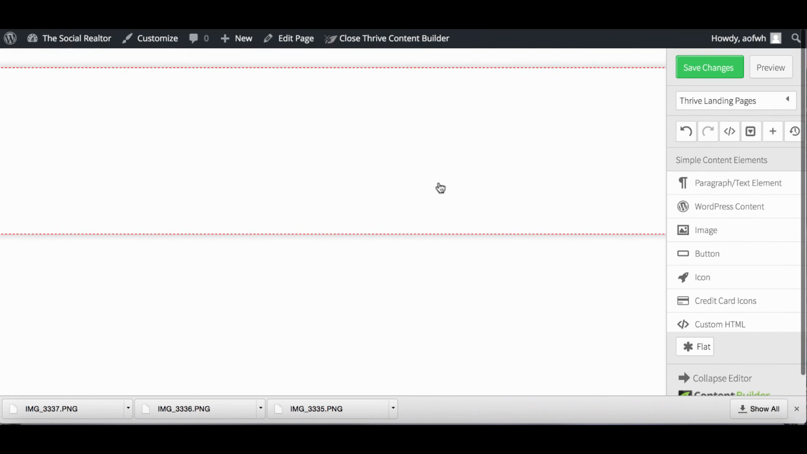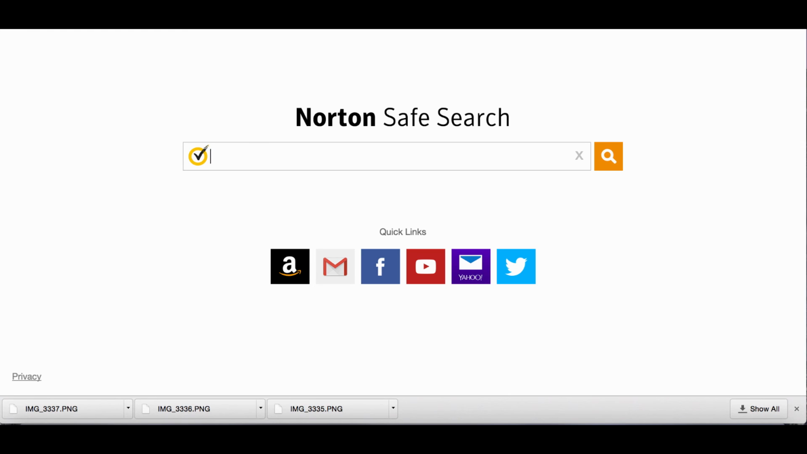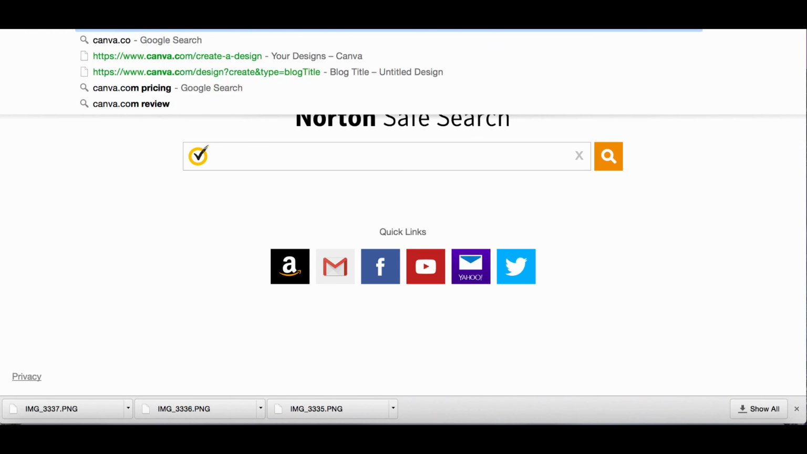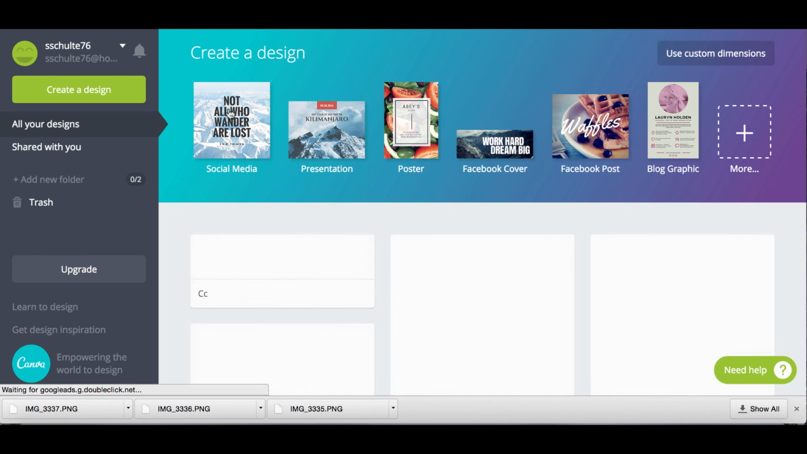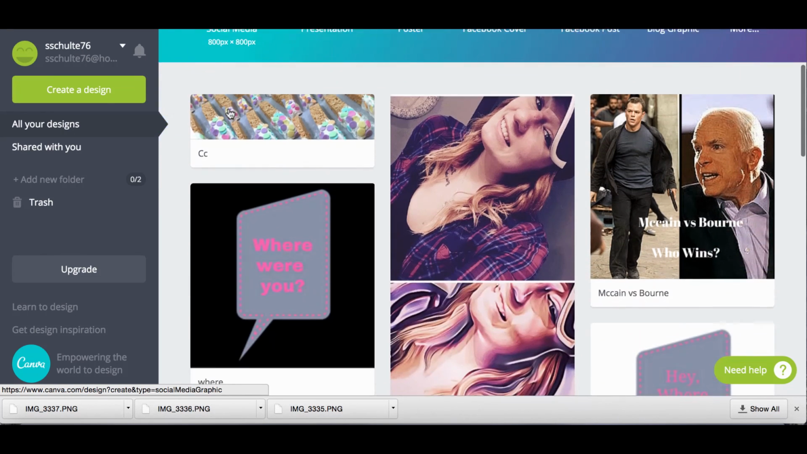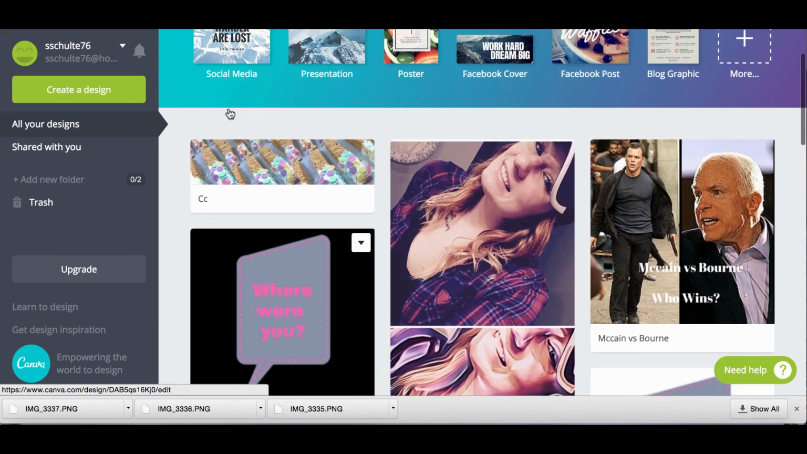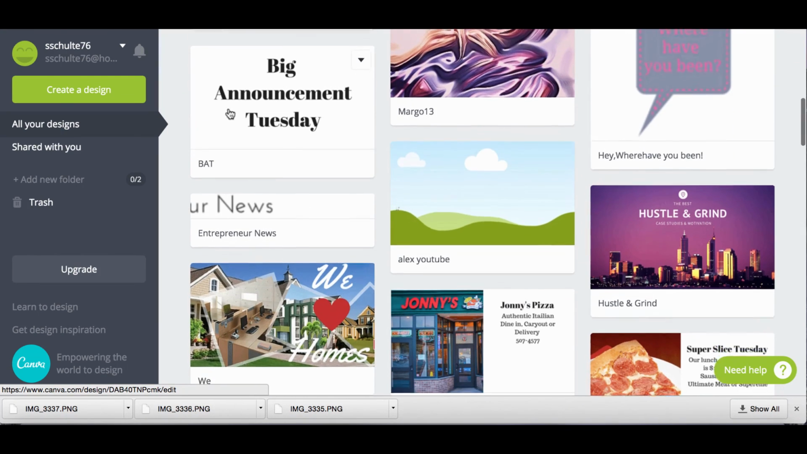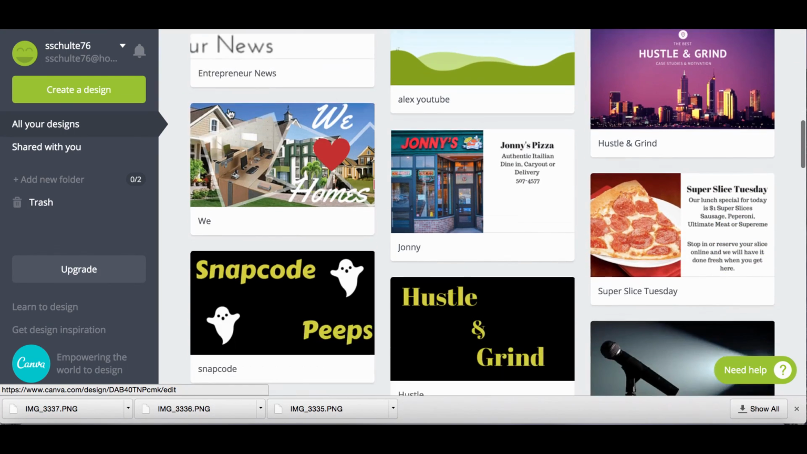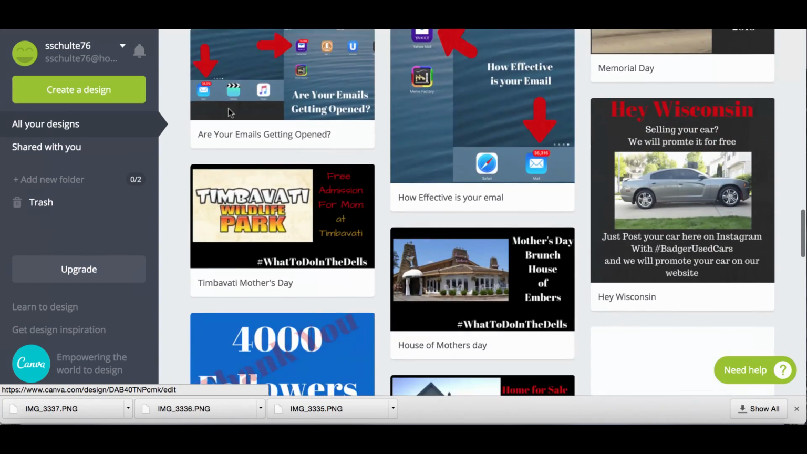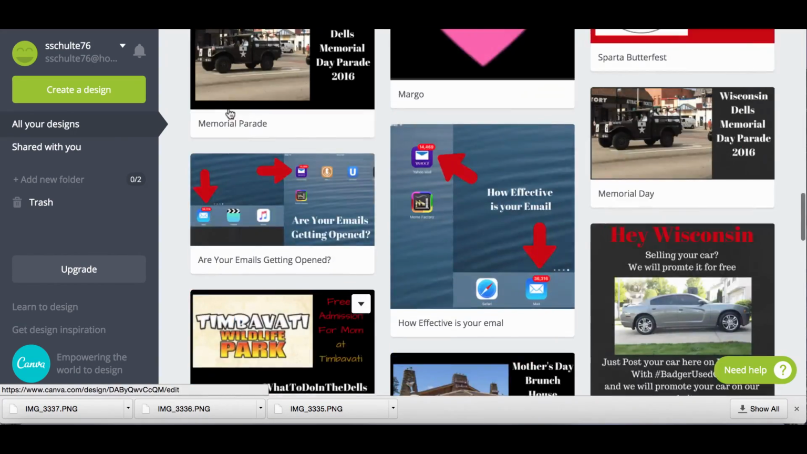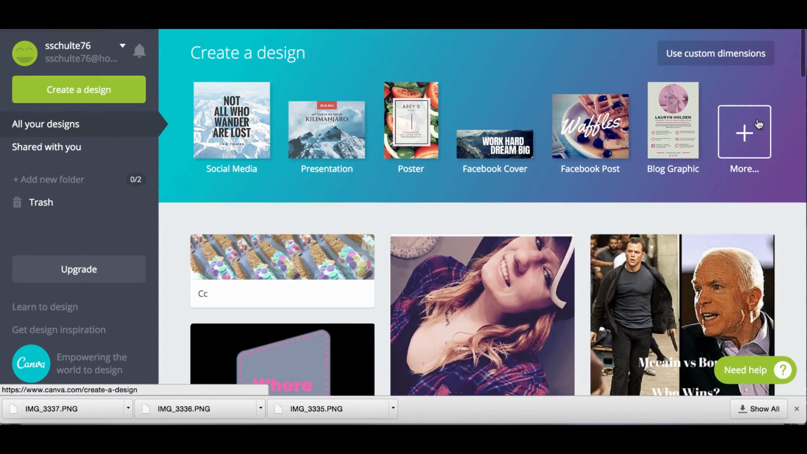Now, then what you would go back and do, I make a lot of my graphics using a thing called Canva, canva.com. Okay, so here's some of the things that I've done. But I want to create something,